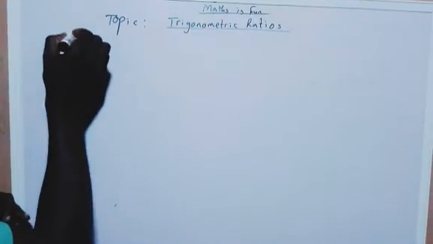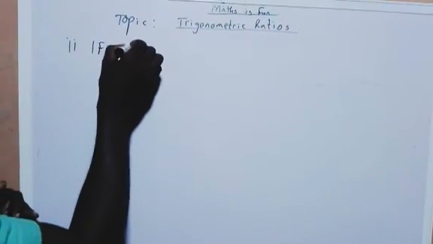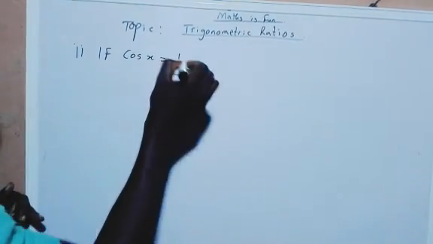Now let's check number 2. If cos S is equal to 1 over 3,